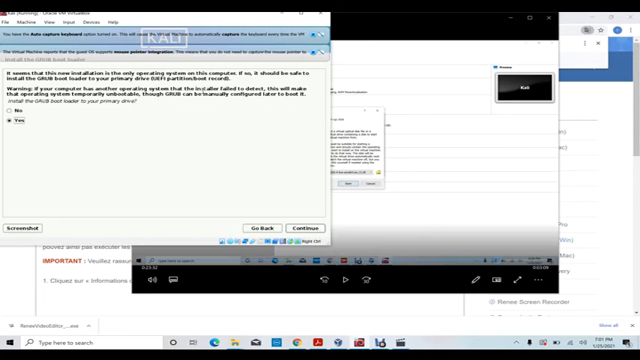If so, it should be safe to install the GRUB bootloader to your primary drive. Warning, if your computer has another operating system that the installer failed to detect, this will make that operating system temporarily unbootable, though GRUB can be manually configured later to boot it. This is if you are using Linux on a physical machine, meaning directly booting it on a physical machine, but we are doing this on a virtual machine, so no problem. Yes,